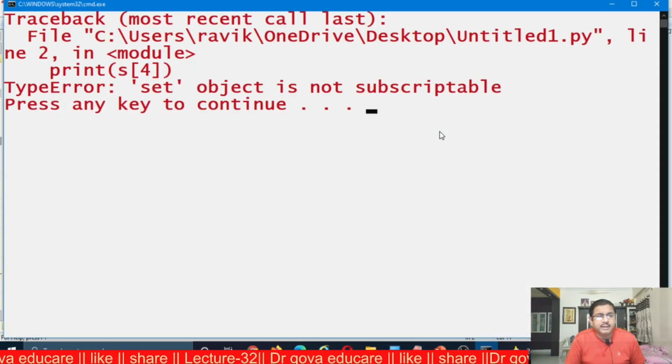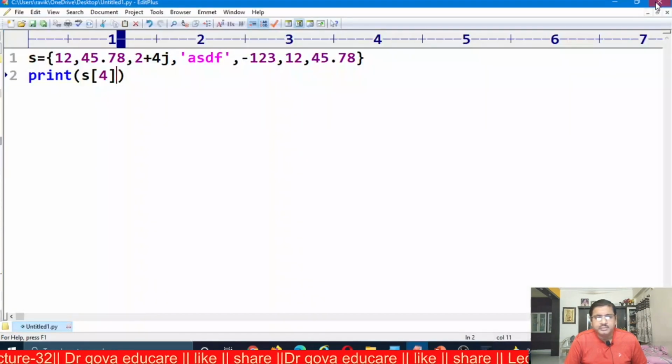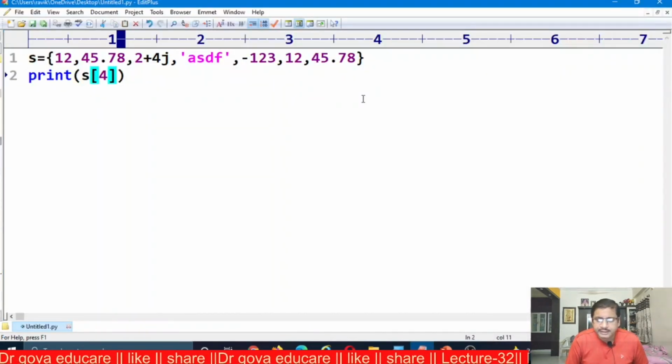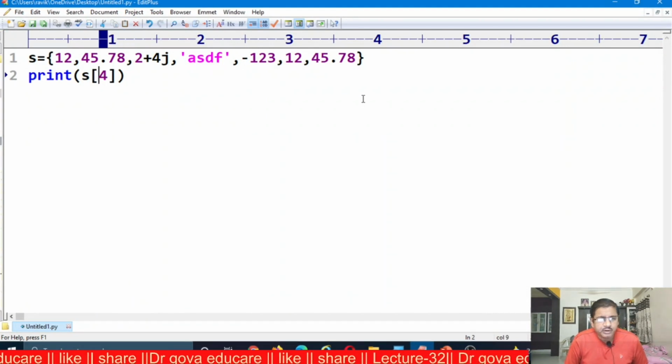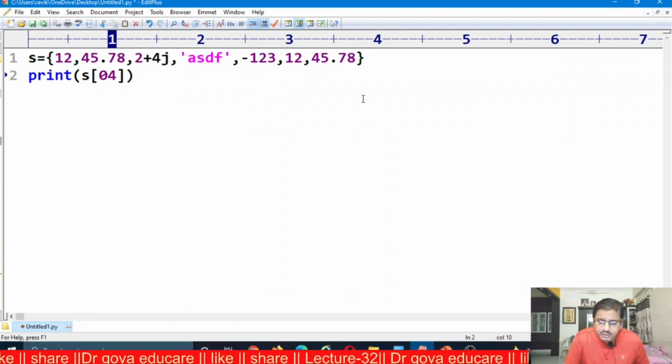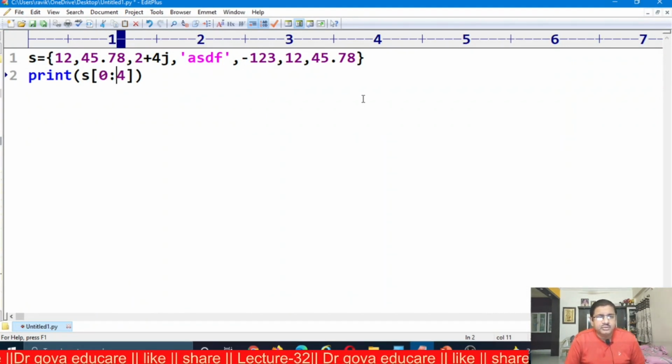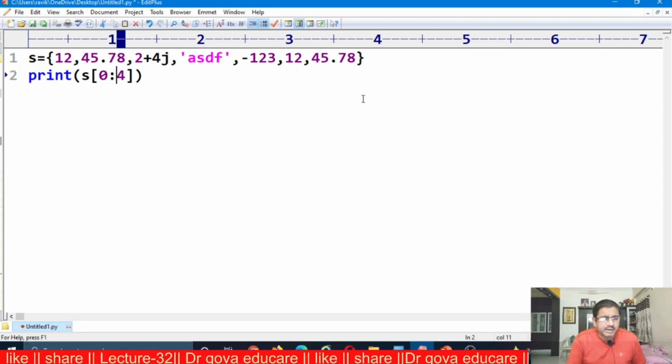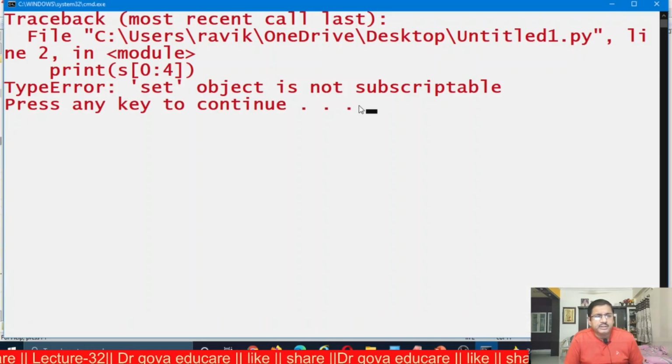We get an error, that error is called type error: set object is not subscriptable. Similarly, I want to use slicing, S of 0:4. This is the index operator. I am executing this. We get an error: set object is not subscriptable.